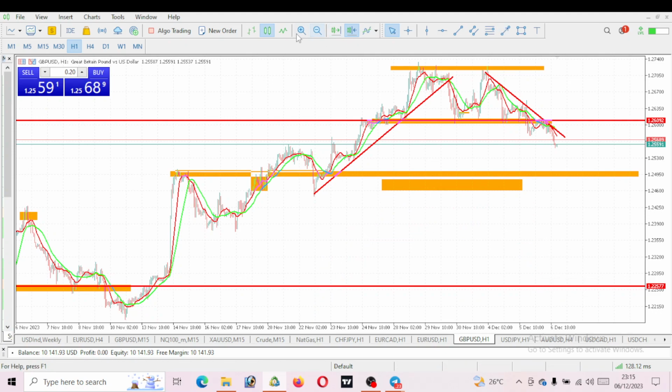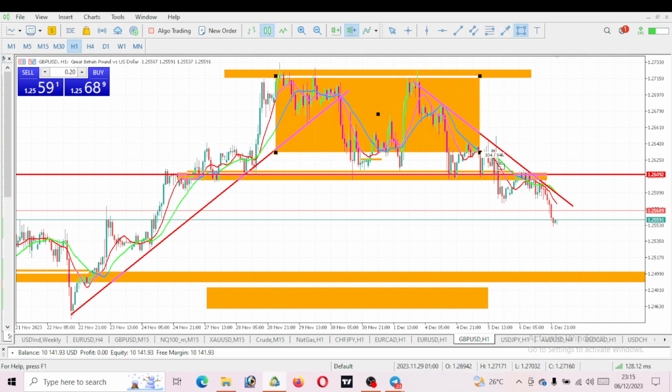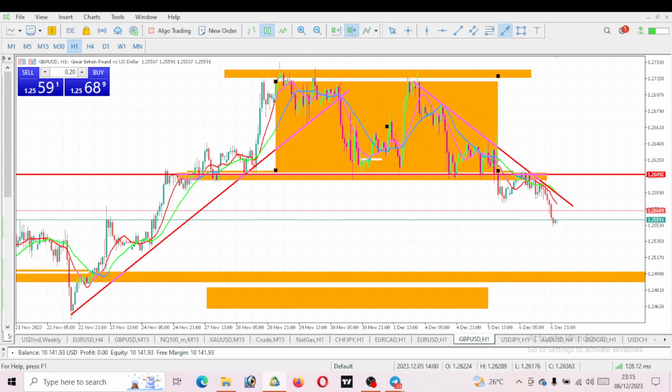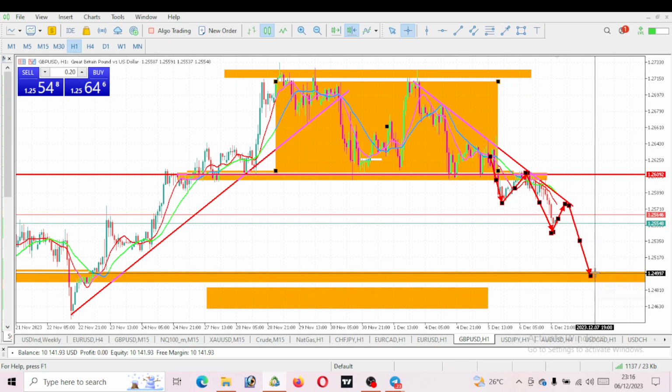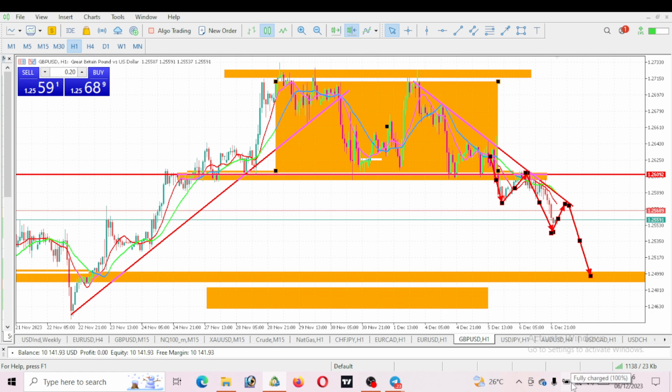So it is exactly what GBPUSD has done. You can see at first it was ranging within this level. Guess what the market did? It broke below this support level. What did it do next? It gave us a pullback to test our previous support level. After it tested our previous support level, what next happened on GBPUSD? Another drop has been made. You can see that this drop has been made. So what next do you expect? A pullback and another drop. So this is my target that I just mentioned for you guys, 1.25000. That is our target. We are very much likely to break below it, but I'll give you guys an update.